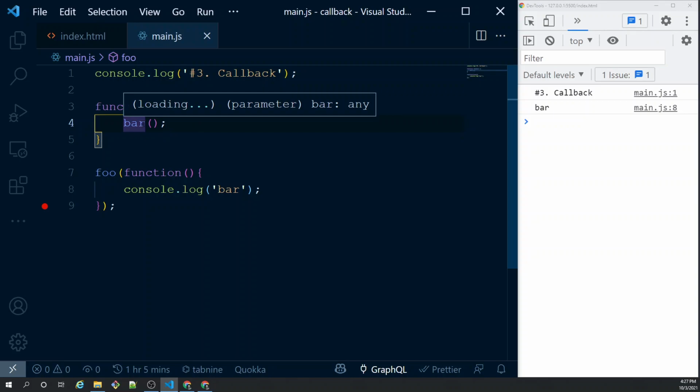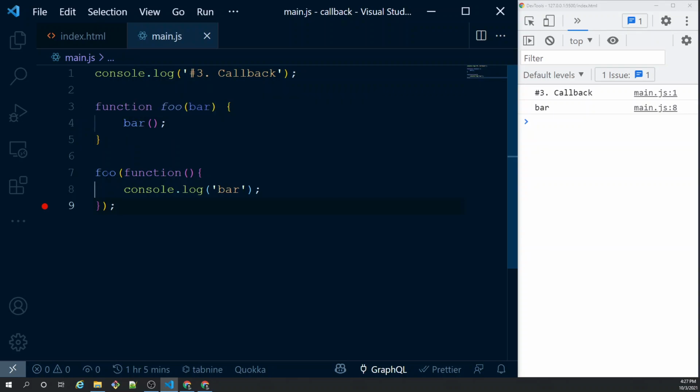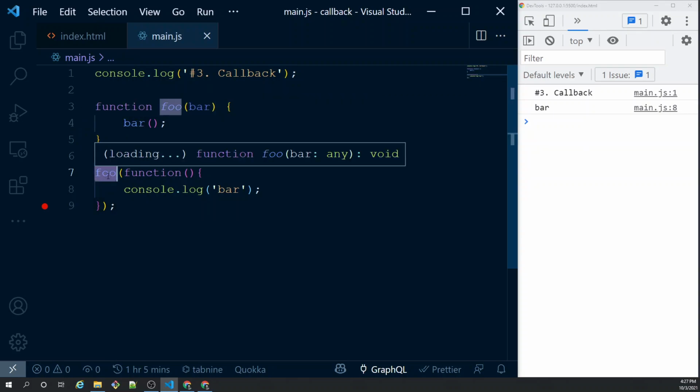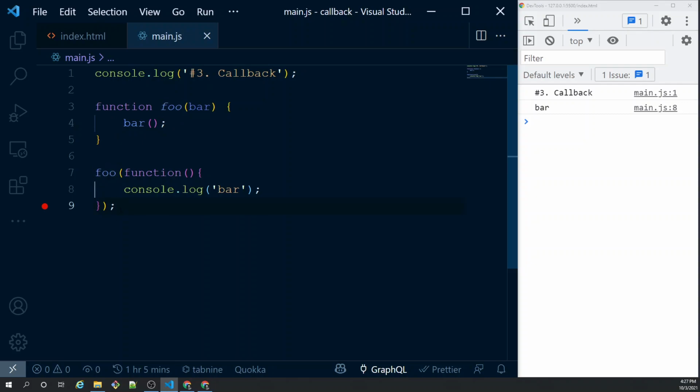What exactly is a callback? If there is a caller, here foo is somebody who is a caller, who wants to do something, and inside foo certain execution happens. After some execution, whoever is actually going to be notified is where foo has been called from. So foo has been called from this particular main.js file. So main.js is the caller of foo.